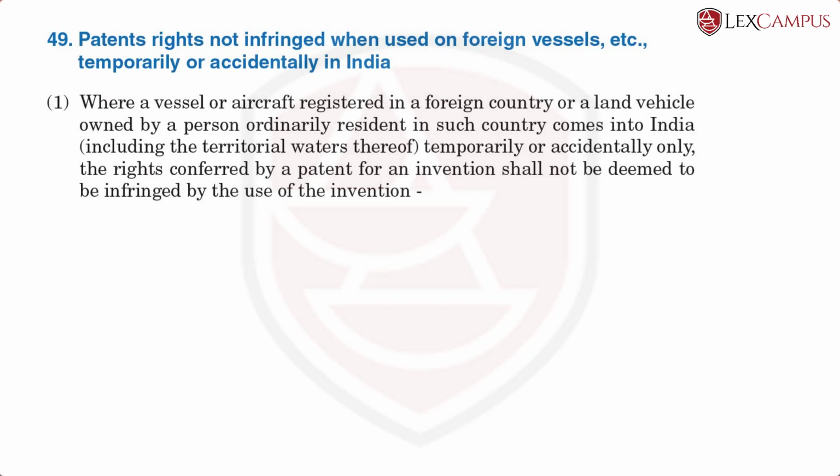But because they do not stay in India, if you could say commercially exploited in India, like there is no act of selling, no act of offering for sale, no act of manufacture, it can be presumed that these acts are temporary, and because they are temporary in nature, they cannot be a ground for